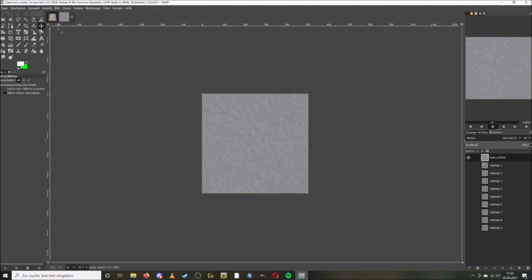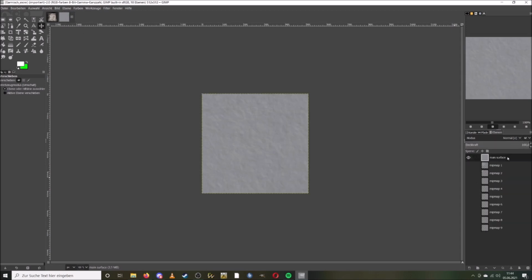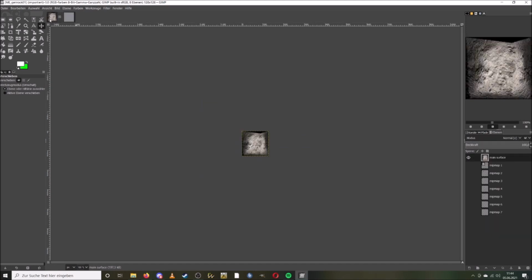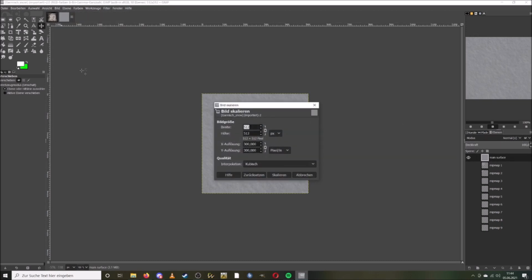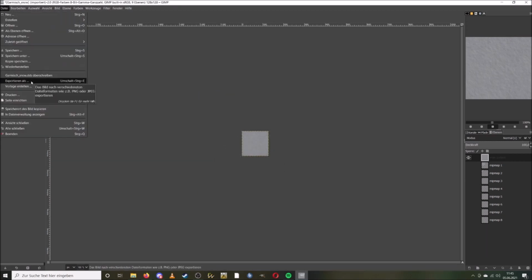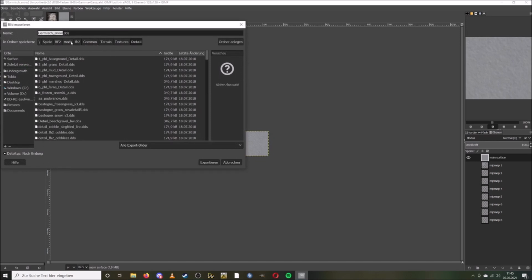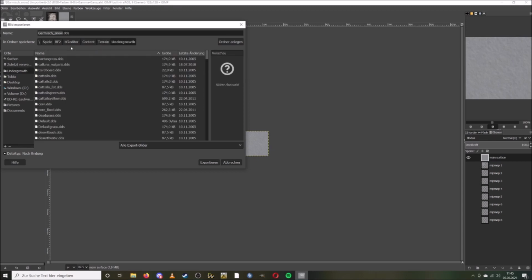Alright, so let's see. This is the generic rock. It's 128 times 128, pretty small, and this is that detail texture. So I'm just gonna scale down the detail texture to 128 by 128. I will obviously export that as a DDS and put that into the editor, BF2 editor, content, terrain, undergrowth. And as a DDS